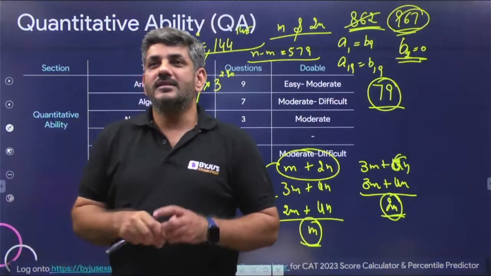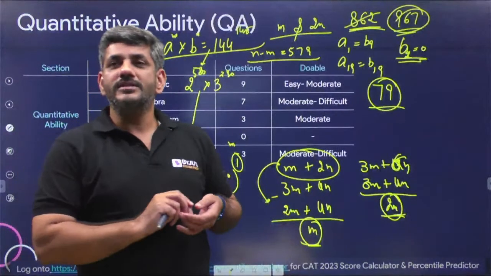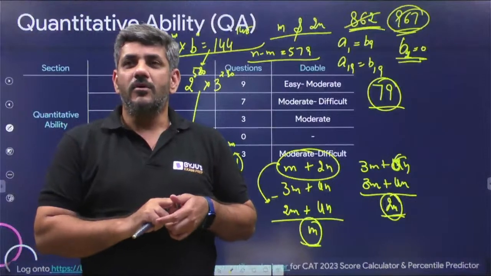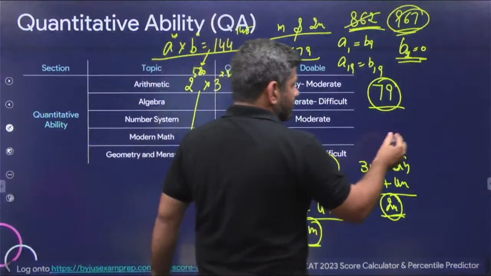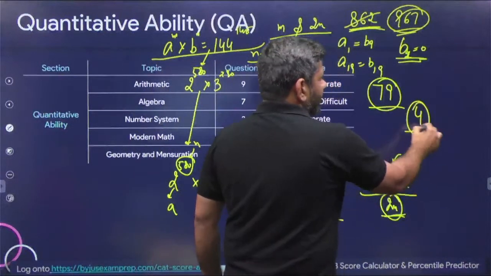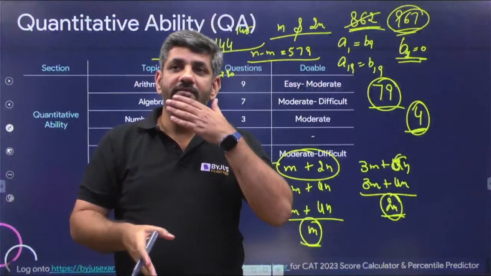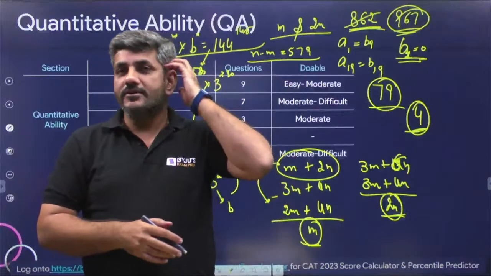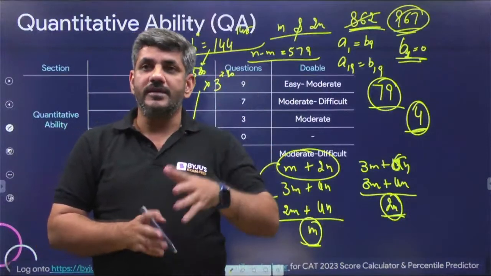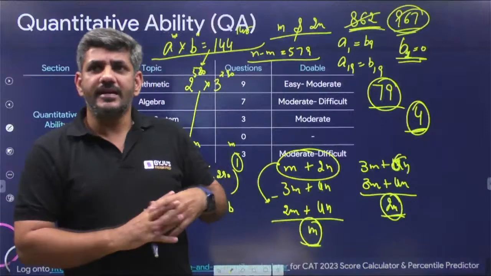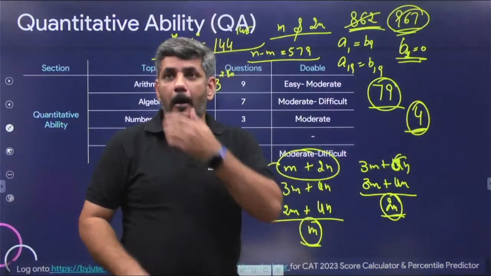Sir, modulus x and y. Oh yes, there was a question of coordinate geometry, right? Modulus of x and y. The answer for that question was 4. You had to find the area between the y-axis and x is equal to 5, and then there was an equation given, modulus of x minus 2y or something. So the right answer for that I got as 4.